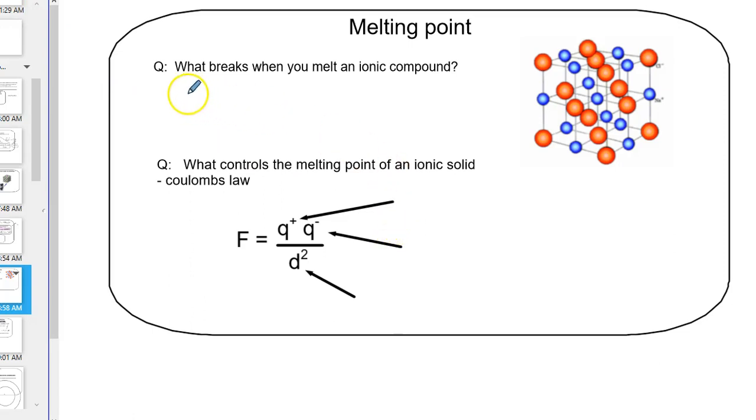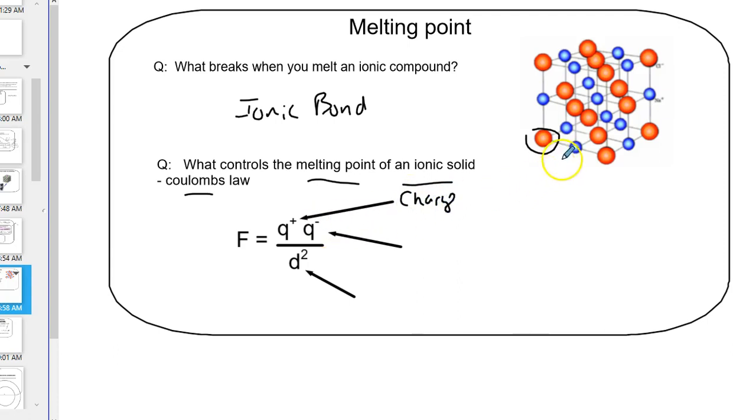Alright, so again, what breaks when you melt an ionic compound? An ionic bond breaks. May sound redundant, but there'll be some other ones that are not as easy as that one. So what controls the melting point of an ionic bond? That's our main topic here in this bulk crystal. Well, it's the charge of the cation, the charge of the anion, this is just Coulomb's law, and the distance between the two,